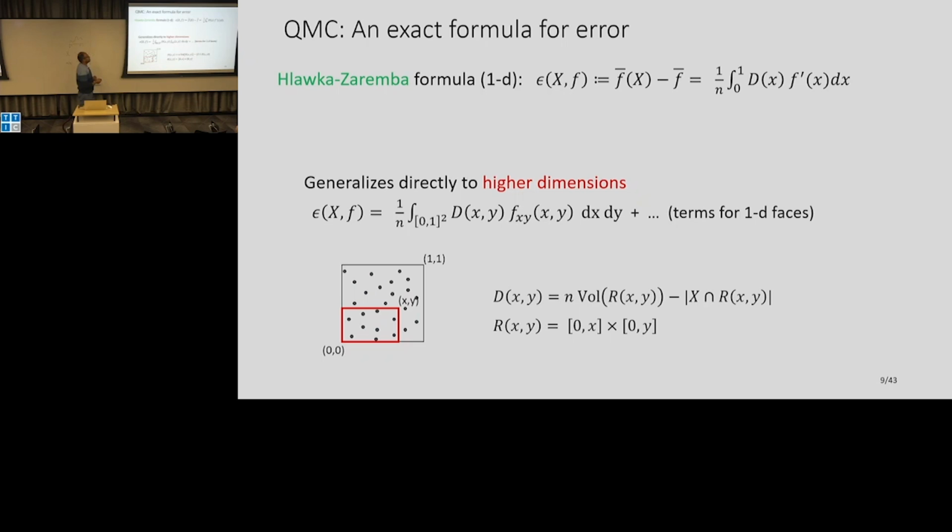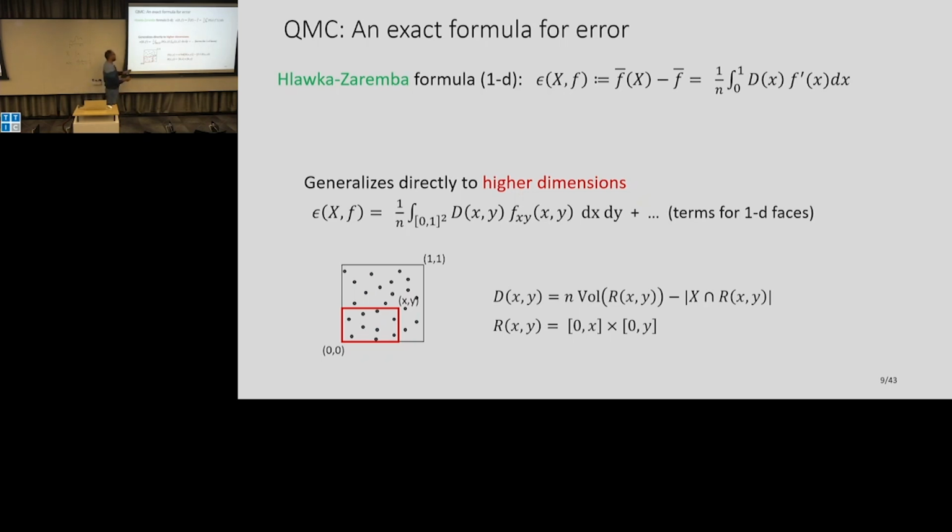So again, if you do 2-dimensional integration by parts, you'll get this error. It's kind of the natural thing. So now this function, this Lebesgue discrepancy becomes, I look at a point xy here. Then I look at this red rectangle, anchored at the origin and this point xy. I'll call this rectangle r of xy. So it's the natural analog of what we had for intervals. You look at n times the area of this thing, that's the continuous measure, minus how many points fell in that rectangle. So that's my measure of the imbalance or discrepancy.